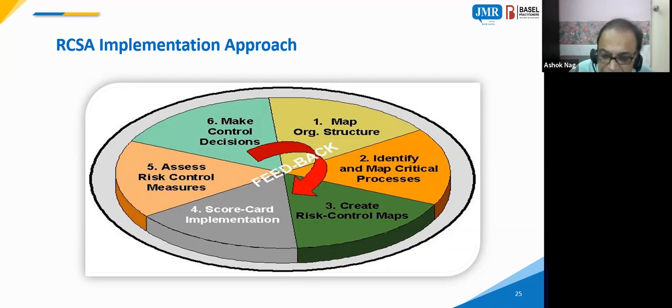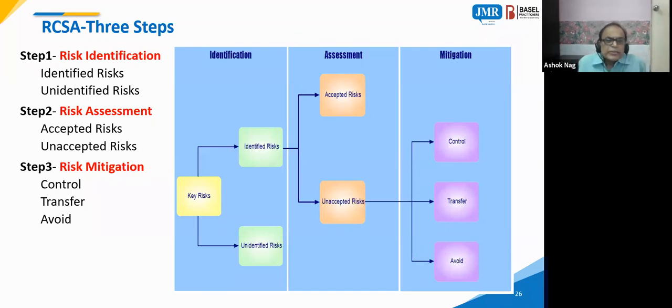The trick of the matter is to identify what can go wrong, where it can go wrong, and what control you can have to prevent the occurrence of the event to the maximum extent possible. It is impossible to say that nothing will happen, but at least you should try to reduce its incidence. So this is the second part. That is second and third, and that is where the bank's internal maturity in the implementation of operational risk is more important. So RCSA, you have the same thing, exactly what I have told you.